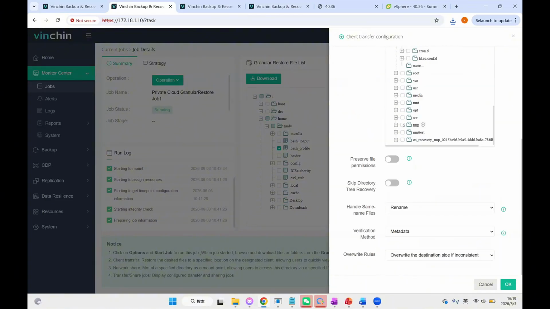Let's save it in the temp directory. And also we can choose whether to preserve the file permission and skip the directory tree recovery. If there are the same name files on the target server, we have